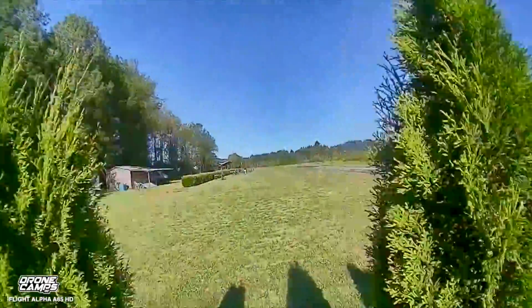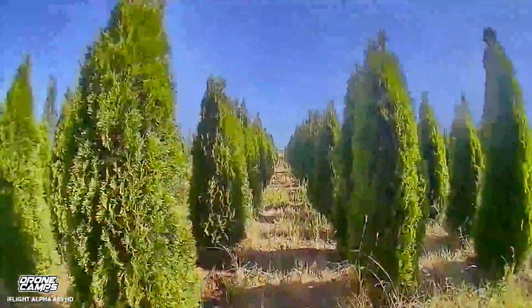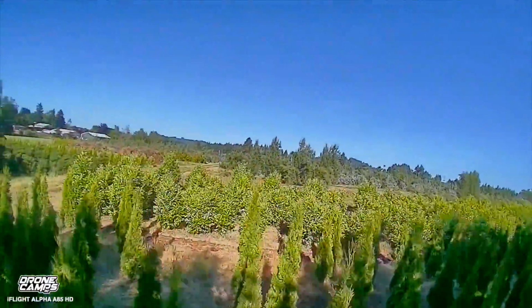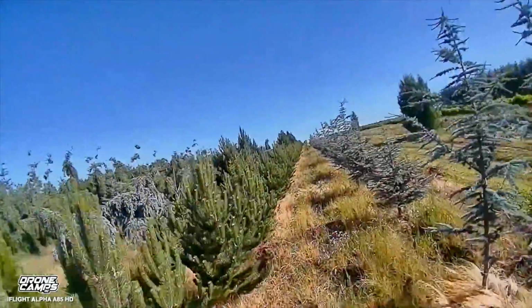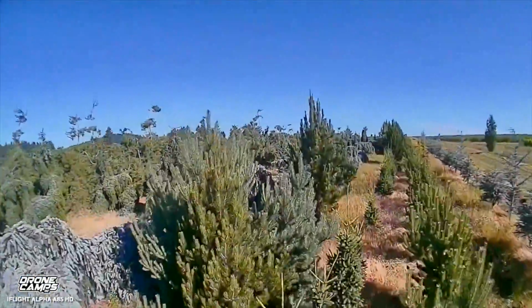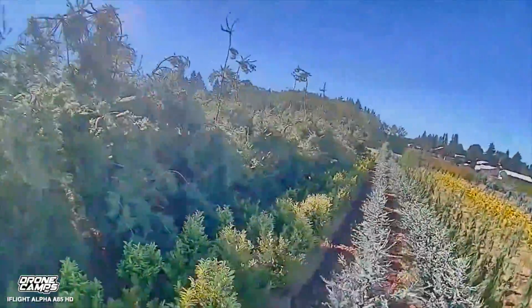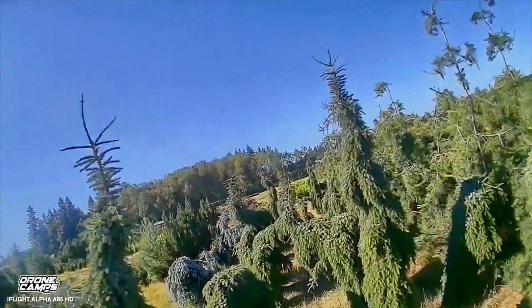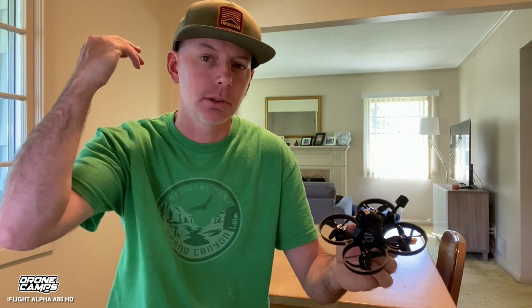But what's most impressive about it is that I have so much control with this quad, like just going into the trees, flying around in between the trees, the bushes, and I'm able to really see where I'm going with the HD version. It has way less breakup than most of my analog versions, running like 600 milliwatt. So you can crank this one all the way up to 1,000 milliwatt with the mod, up to about 1,200 milliwatt if you want to mod your DJI Caddx Vista. Also available on the air, there's that same type of mod and hack you can do to increase the milliwatt,